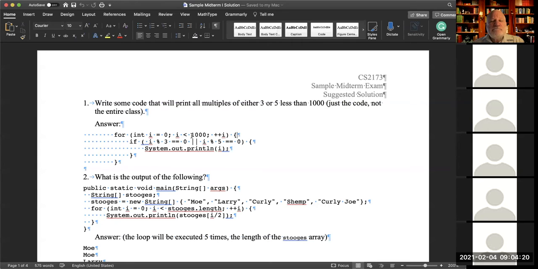and again, less than 1,000 is a little bit ambiguous. So do you start at 0 or do you start at 1? Again, I wasn't trying to be tricky, so this is fine. Because I said less than 1,000, then this would be less than. If I said less than or equal to 1,000, then this could be less than or equal to, or you'd have to make this 1,001.